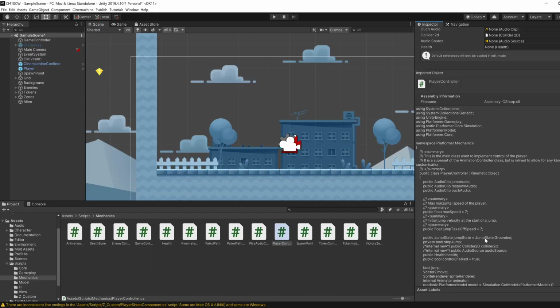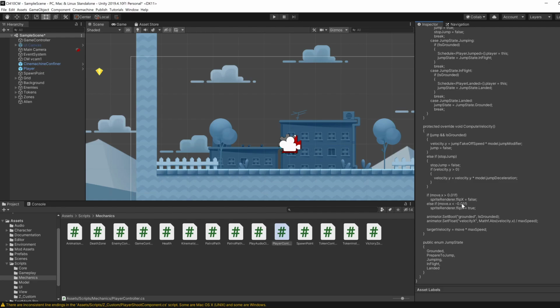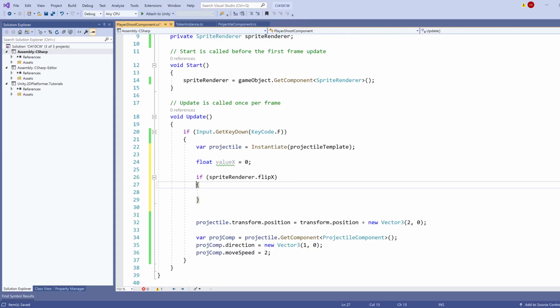Where is it? So flip X is false if we're moving to the right. So if not flip X, then value should be positive. Something like this. Else,